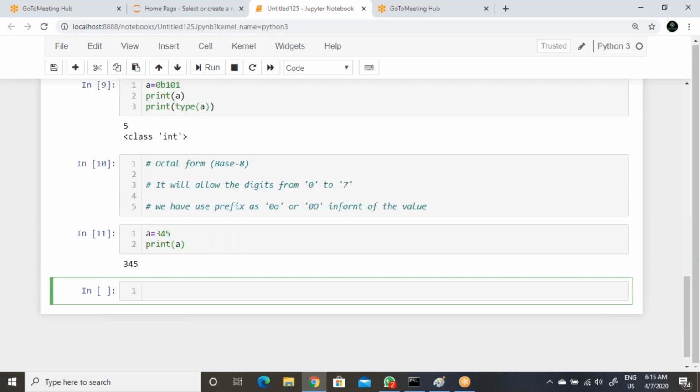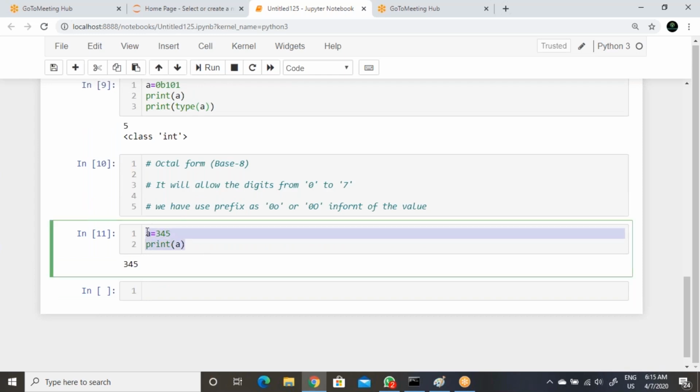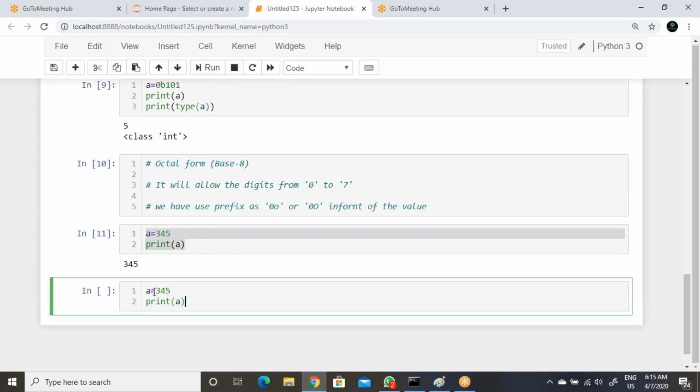Meanwhile, if you use 3 4 5, or 3 4, or 1 2 3, same, it's a decimal number. You can pass 1 2 3 8 here, even it is also a decimal number, it is accepting 0 to 9.